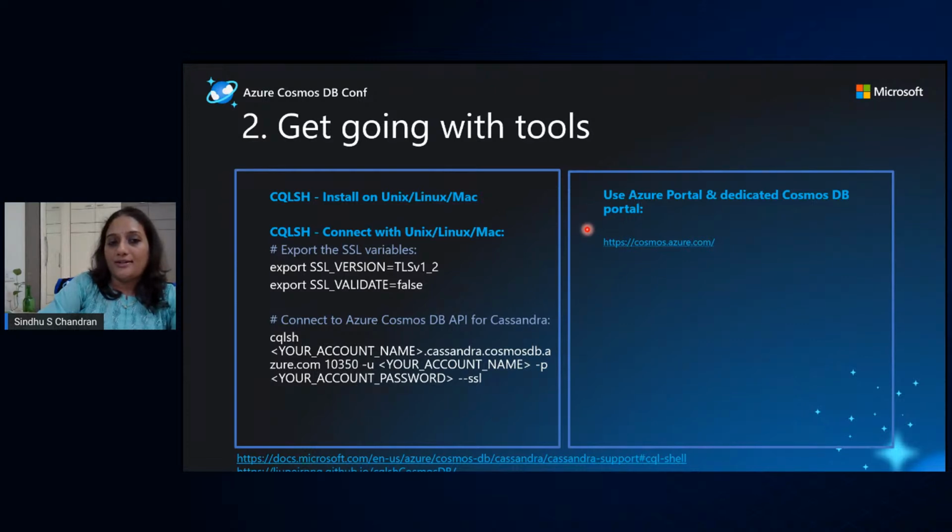So it is very important that you follow the instructions and the versions which are supported for CQL and set this up on whichever OS you want to work with, and make sure that you use the SSL settings as applicable and use the SSL parameter while connecting. So this would be the second step, to get your tooling set up for Cassandra.